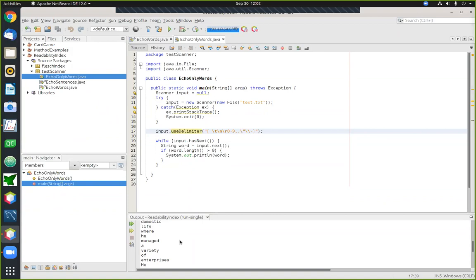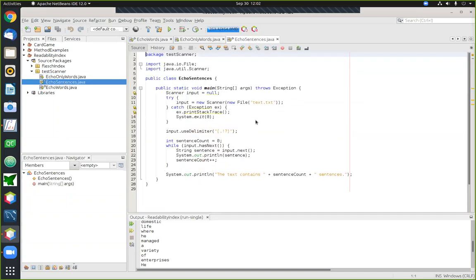Okay, now, once we've seen this solution, once we've figured out how to count individual words, it turns out that there's a very small and simple variation on this trick that you can use to instead count sentences. And for that, I brought along another example that's going to be working with sentences. And the trick here is to simply tinker with what the scanner considers to be a delimiter.